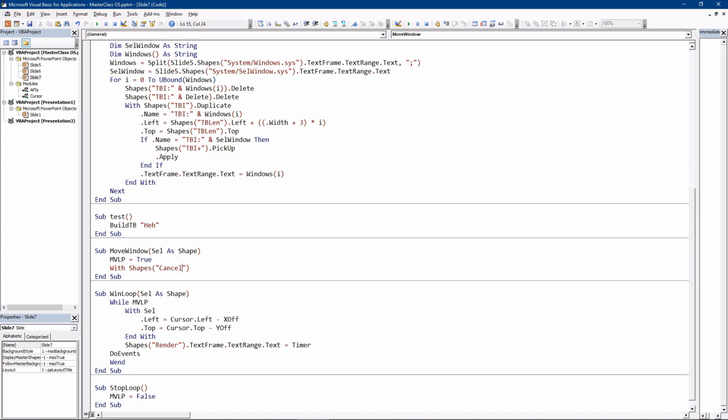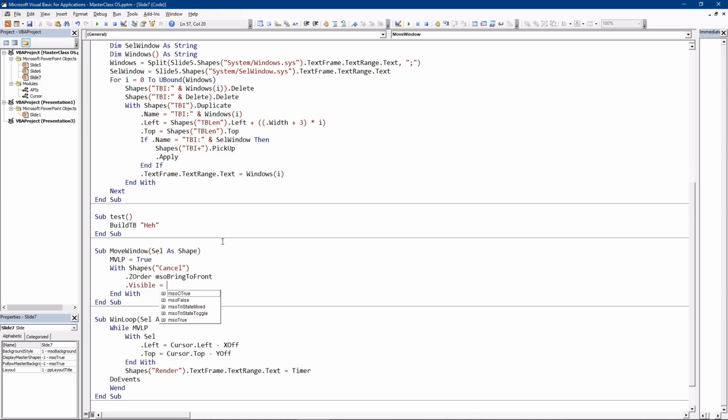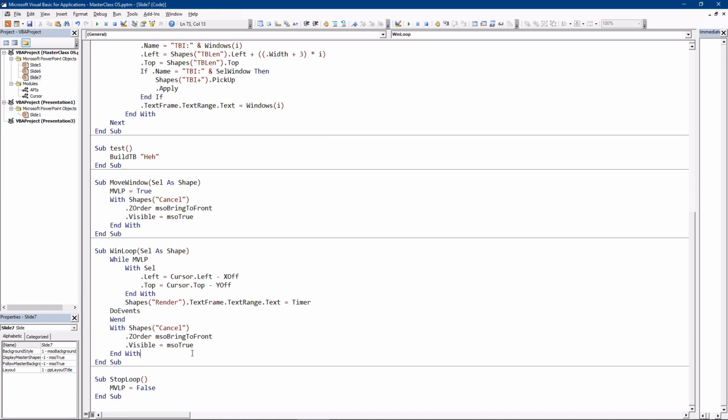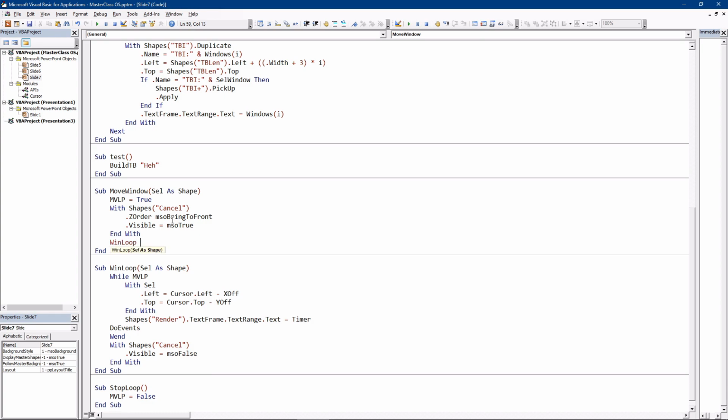Why am I doing that? There. MSO bring to front, and we're going to set it to visible. And after the loop has ended, so that's after the loop is finished, we're going to set that to false. We're probably not going to send it to back or anything, we're just going to get rid of it. And that's pretty much it. Then we want to call win loop, and we're going to return cell split cell dot